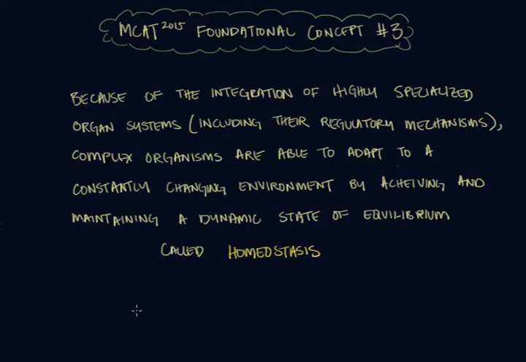I paraphrase the concept as: because of the integration of highly specialized organ systems, including the regulatory mechanisms, complex organisms like humans are able to adapt to a constantly changing environment by achieving and maintaining a dynamic state of equilibrium called homeostasis. In other words, the AAMC expects you to have a pretty good understanding of how complex organisms like